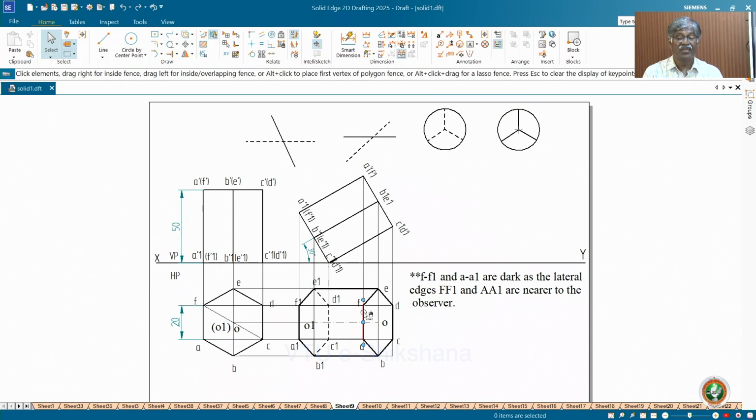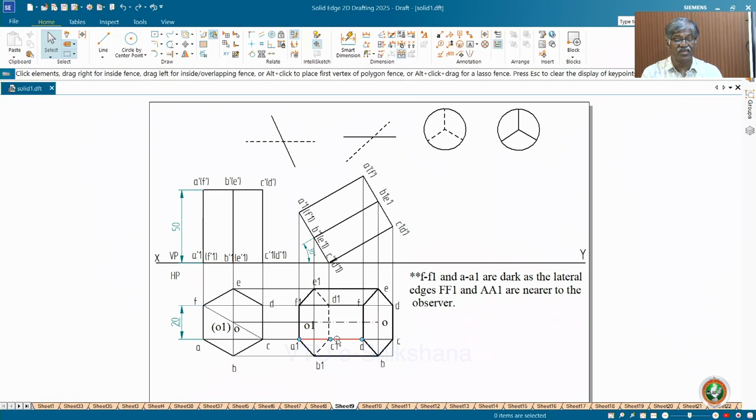It is a fact. It is not a thumb rule or any method. So you can easily understand graphically, and it is also a fact. This is EF and AF. The AF1 is also dark because these 2 are dark. Again you can say these 2 are dark, so definitely these are also dark. Or you can say invisible surface, visible line. Okay. Now, what about